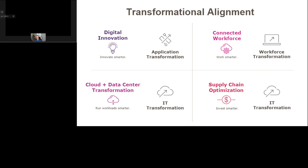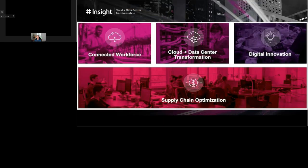And hello, everybody. As Grant said, I'm Juan Orlandini, Chief Architect for Insight's Cloud and Data Center Transformation Solution Area, which is one of these things on the screen over here. I'm going to show you a slightly different view of the organization of those 4 pillars that we have inside of our team. Supply chain is a foundational element to everything that we do. Regardless of if you're acquiring devices or doing next generation application development or transforming your data centers to have best of breed compute, storage, networking, security, hybrid cloud, all of those need to have a great supply